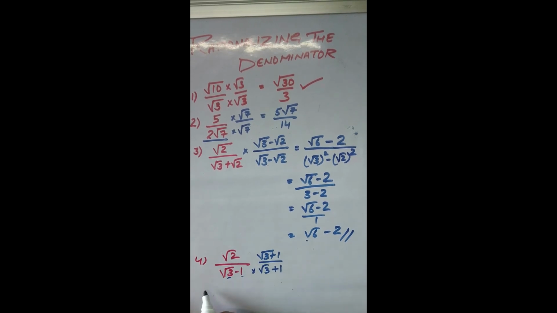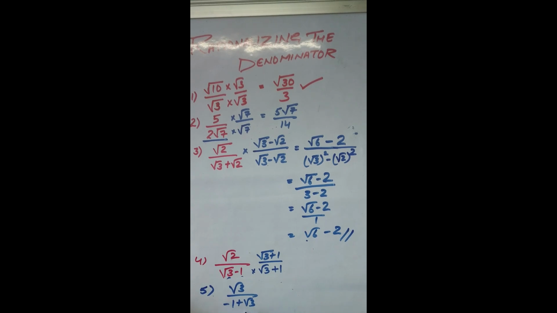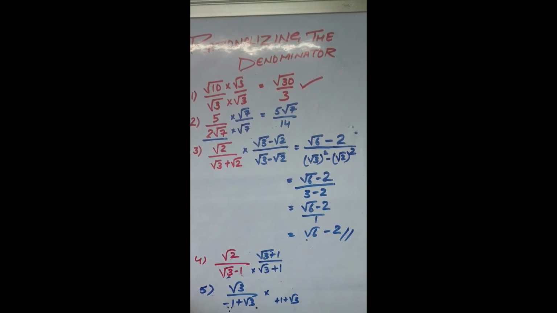If you have root 3 over minus 1 plus root 3, so see, they are the same. So it's actually a minus b. Okay, it's a minus b. So you can write it like a root 3. If the sum is somewhat like that, it's not a plus b, it's a minus b. Then you will multiply it with a plus b, or you just change it first, write it accordingly.